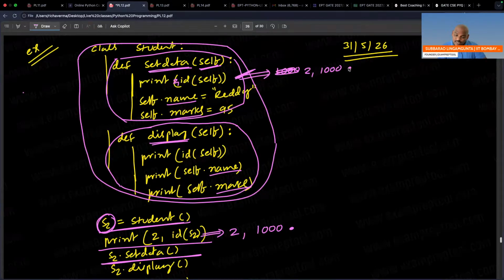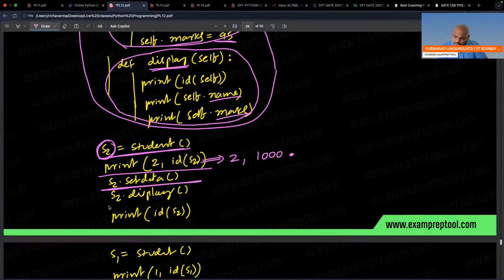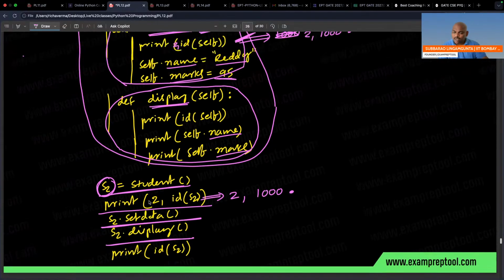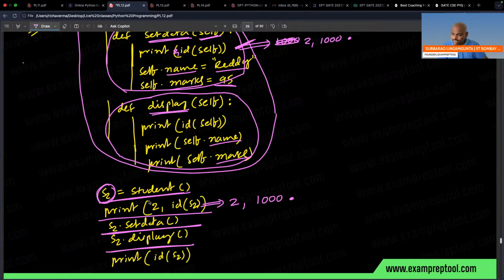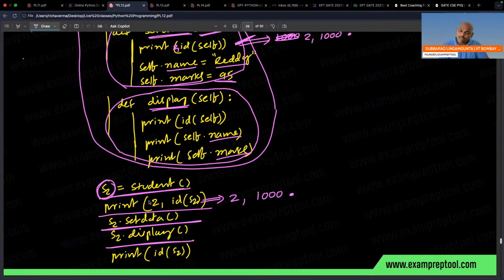Next, for the same object, name is Reddy and marks are 95. Now the S2 dot display function is called. Because of the same object, you have already kept name as Reddy and marks as 95. When you go to the display function, 2 comma 1000 will be printed.